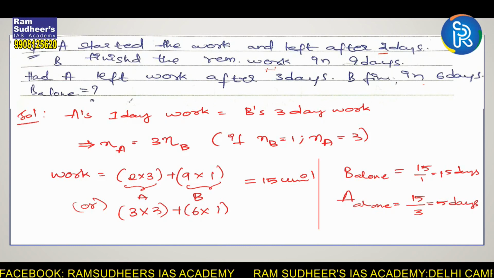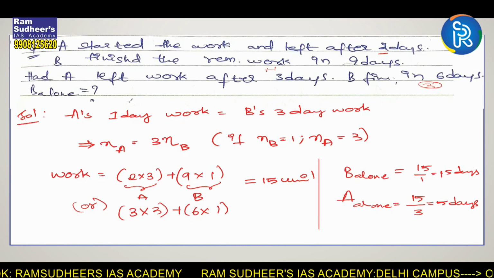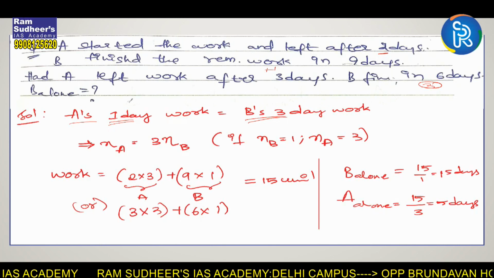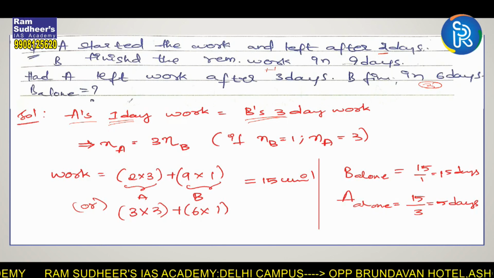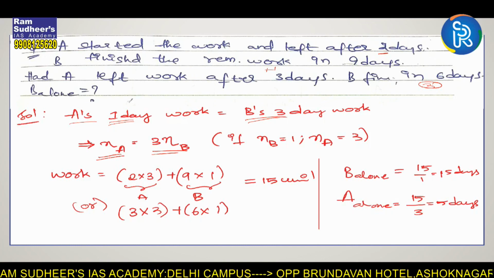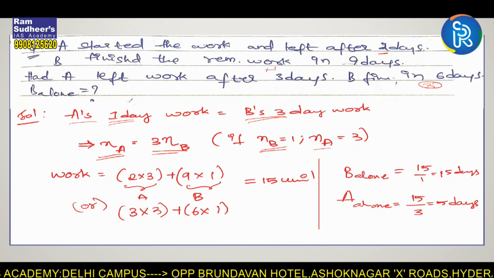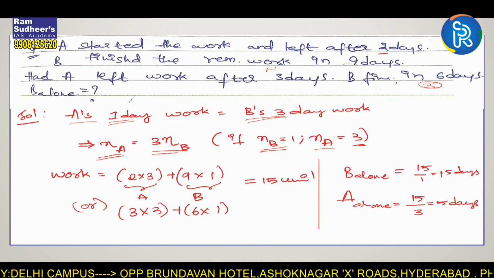It means that if A's 1 day work is equal to B's 3 day work, this is clear from the question. If not, read the question once again. And this would imply that efficiency of A is thrice efficiency of B. Therefore, if I assume efficiency of B to be 1, then efficiency of A would turn out to be 3. And my total work would be